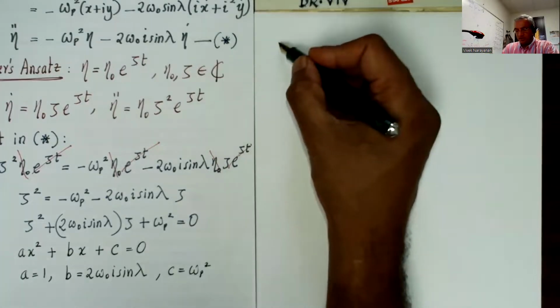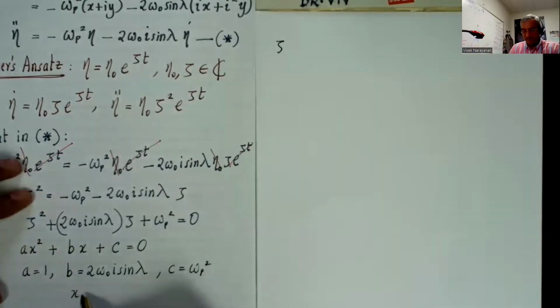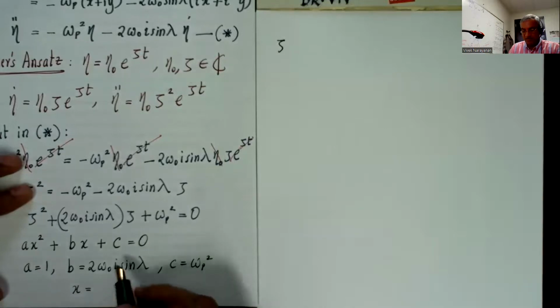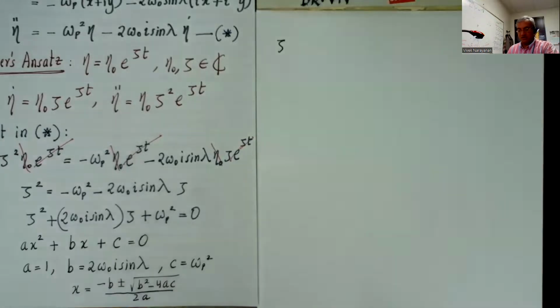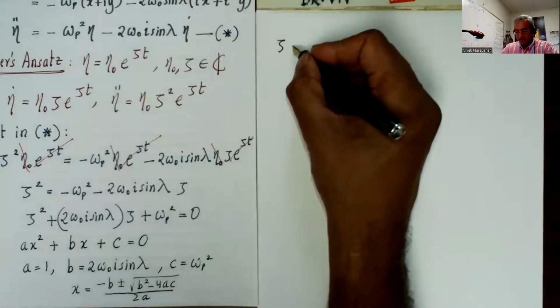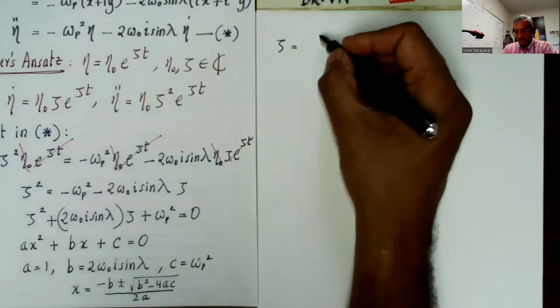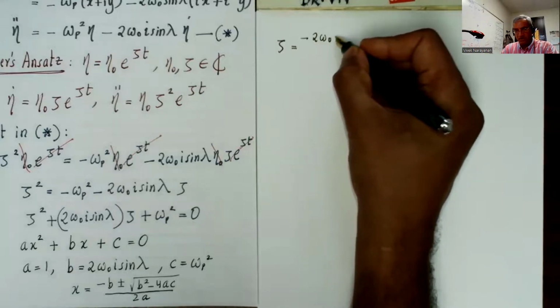So zeta, we already know secretly. If you don't feel like writing this, you can say it out loud, but secretly we know that x is minus b plus or minus the square root of b squared minus 4ac divided by 2a, right? So that's the quadratic chant, and we have to use that. So zeta equals negative b. That's negative 2 omega naught i